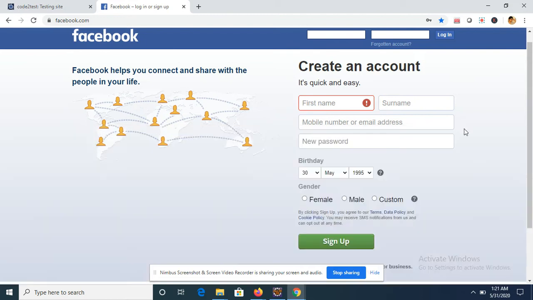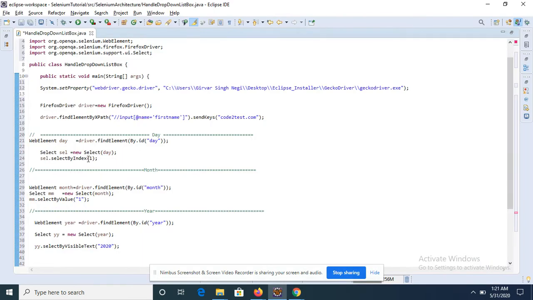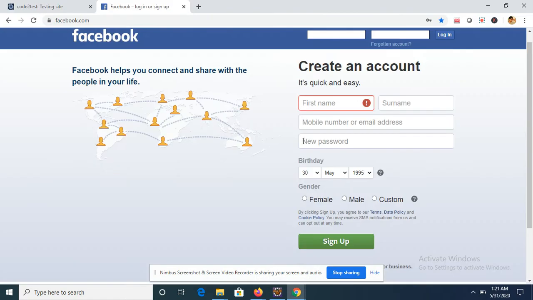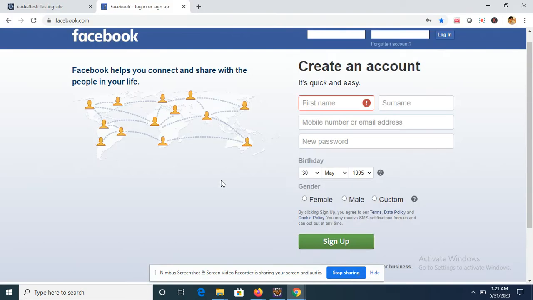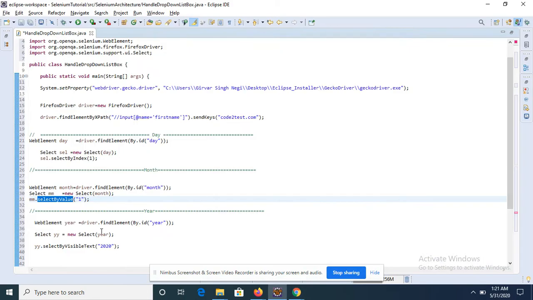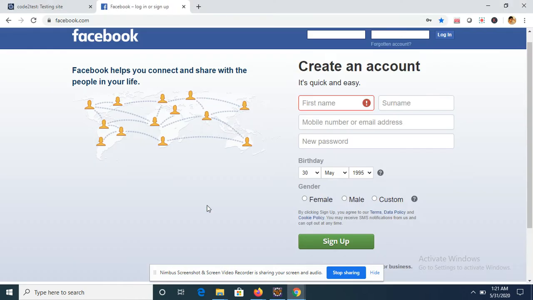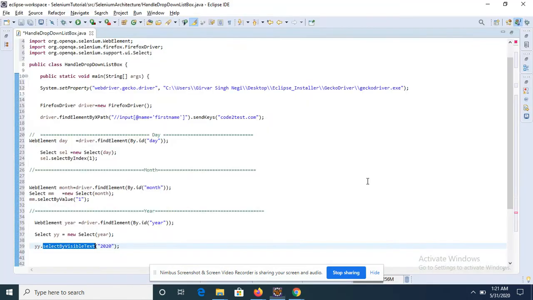First name, it will type code to test. Secondly, it will select the value on the basis of index, that is one, and select the month on the basis of value, which would be January, and after that the third and the last way of selecting a drop down list box using visible text. So it will take 2020.